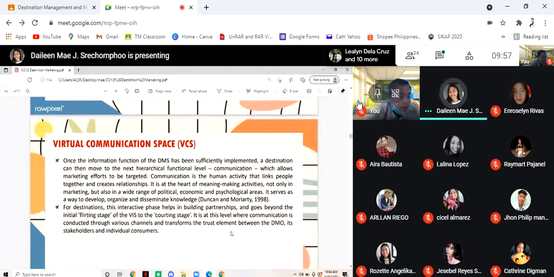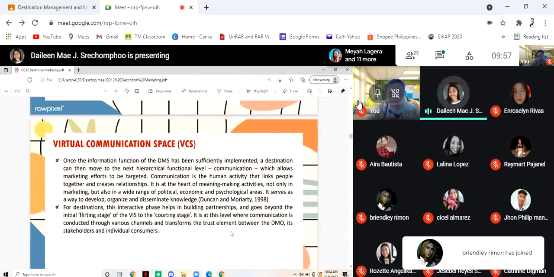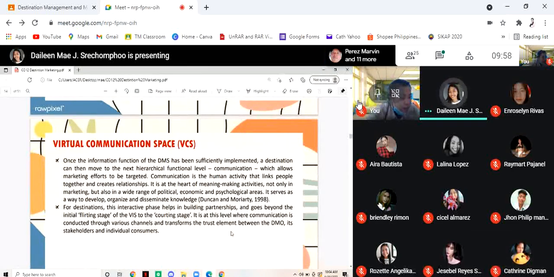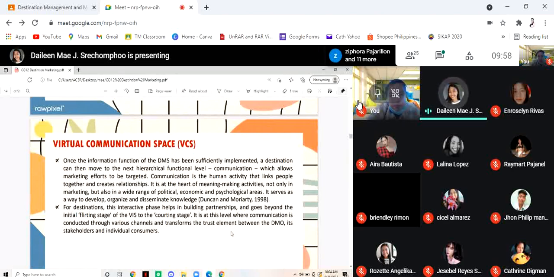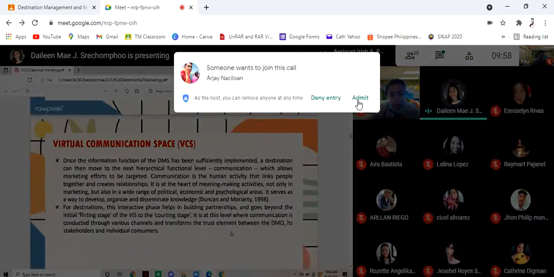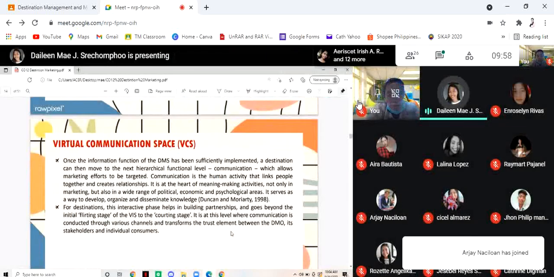of meaning-making activities, not only in marketing but also in a wide range of political, economic, and psychological areas. It serves a way to develop, organize, and disseminate knowledge. So, once na matapos na yung information function sa DMS, yung pagbibigay ng information, pag-gather ng information, communication naman daw yung nag-a-allow dun sa mga target market na makapag-build na relationship dun sa destination. For destination,